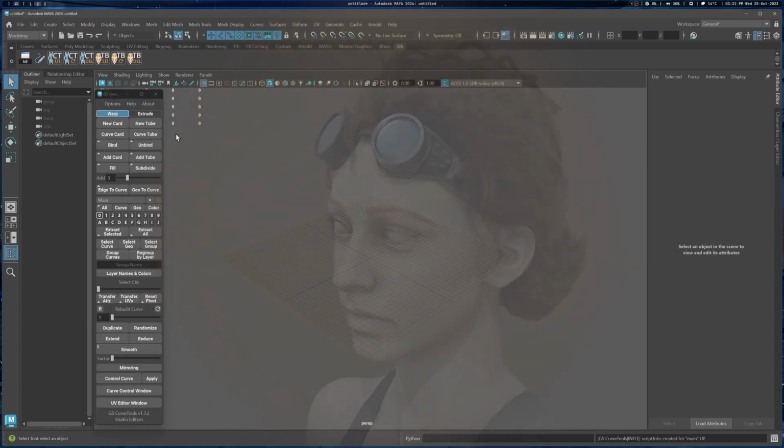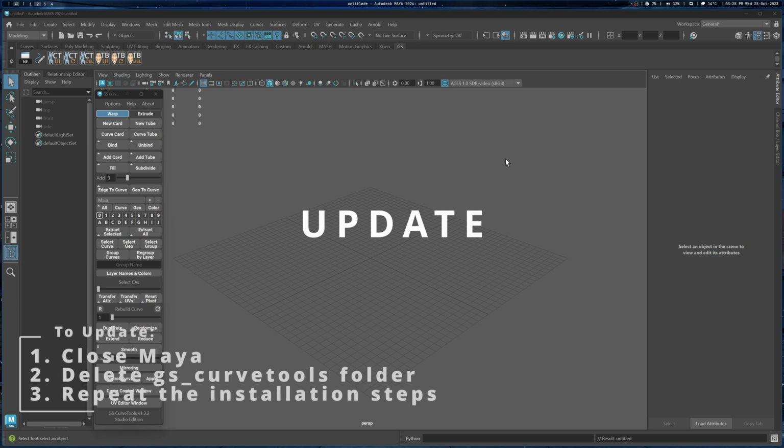So I scaled Maya to 200% just for you to see better what we're doing. And in this update we have two main features and a lot of improvements to some old features. So let's get started. Now, although this update is not a major update, there's still a lot of code changes,